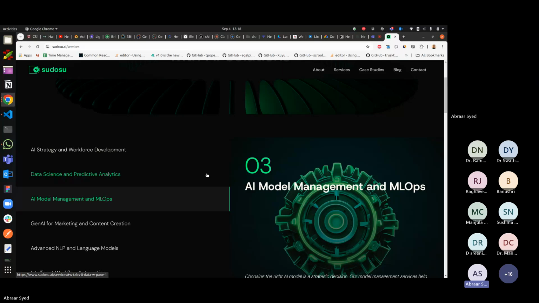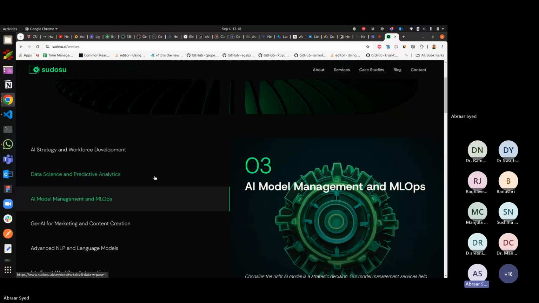And even if you're using an existing model, do you really need to fine tune it? I'll go into more depth on what I mean by this. But essentially, once that decision is taken, in this step we help the company design a customized model for their use cases. And with this comes a lot of ML ops, wherein you have to understand how to deploy it, how to manage memory in it, how to manage scalability, all these issues. So this is what is addressed in this particular service.